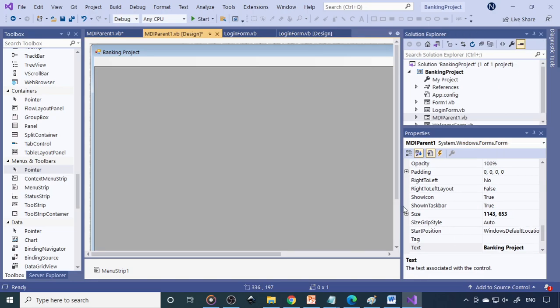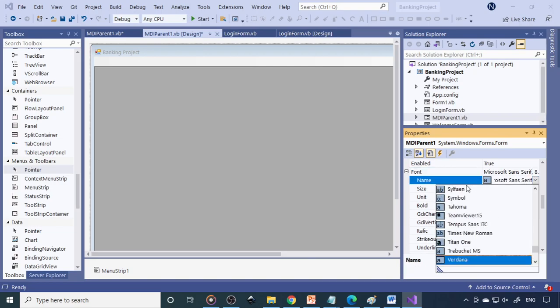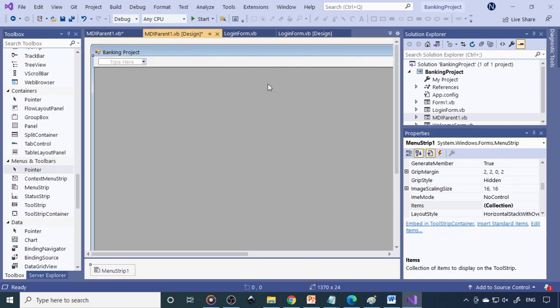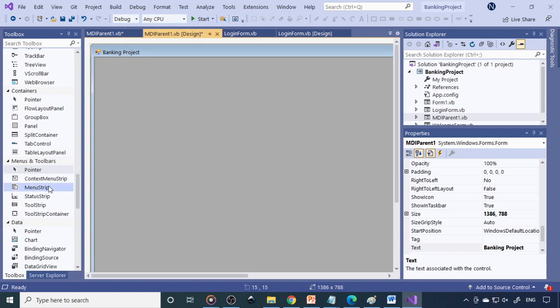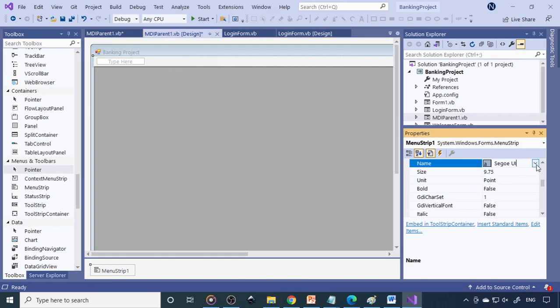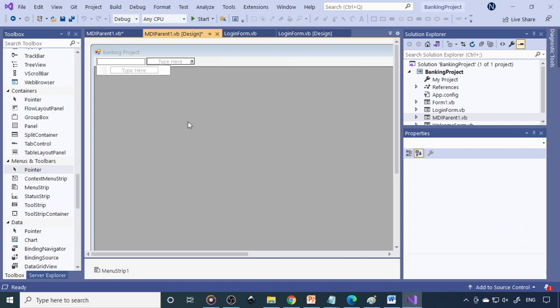So on the form level itself, you can go to font, change the font. So therefore you don't need to change it everywhere. So here we can select Vardhana, and now I can make it 12. Okay, so I think now because we added already, the font is not changed. Now we can just add this. So check out the font. Okay, it's not changed. So here you need to change the font. So this is already COGUI 12. You can make 12.